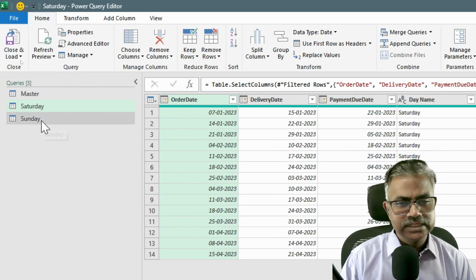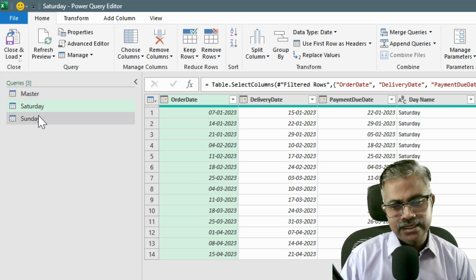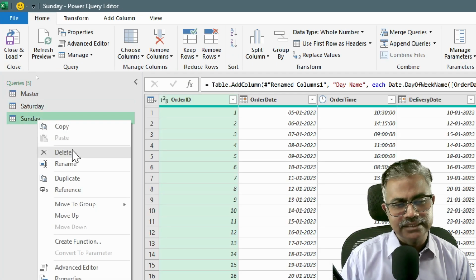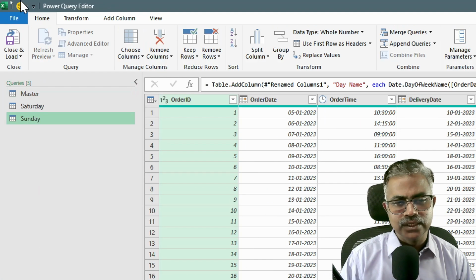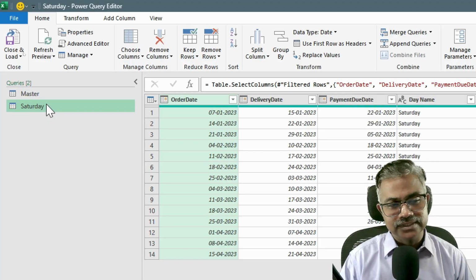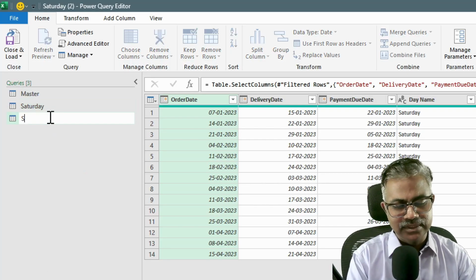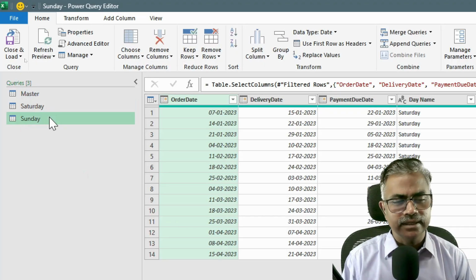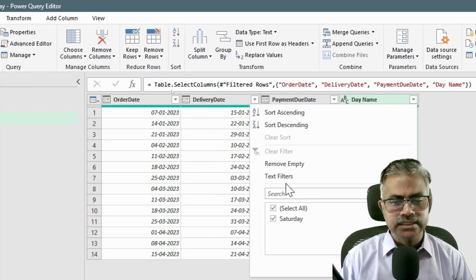So let's go ahead and do the same thing for Sunday. Probably we can duplicate the Saturday query after we've chosen the columns. So I can delete this, because I don't want to go through the process of selecting the columns one more time. Instead, I want to take what we already did for Saturday. So I'm going to duplicate Saturday right now and name this Sunday. And here in the filter, I'm going to change this to